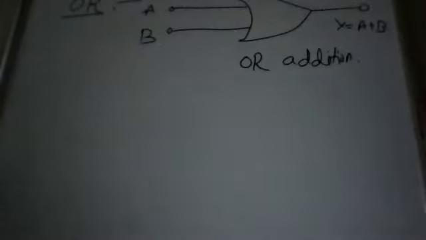So here also we have four conditions of inputs. What are they? A equal to B equal to 0, this is case 1. In case 2, A equal to 0, B equal to 1. In case 3, A equal to 1 and B equal to 0. In case 4, both are in one condition. So in logic gates, we use only 0, 1 binary digits. 0 means open, 1 means close.